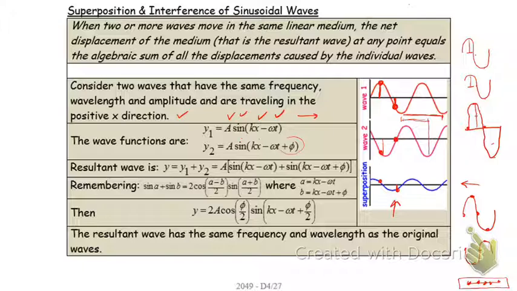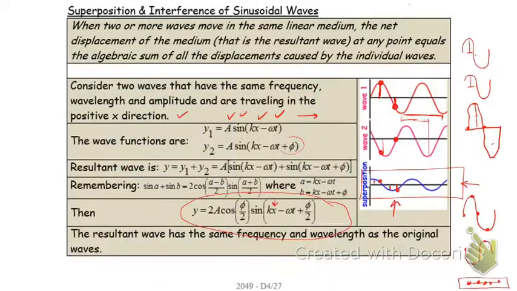You put them together, do the substitution, and you find that y, the displacement of my answer, is equal to 2a cosine of phi over 2, that's my phase difference over 2, times sine of kx minus omega t plus phi over 2. The important thing is, if you change your values of x and plot this out, you get that graph. If you want to see what the answer is mathematically, use that equation. I don't need you to remember it, I just want you to know it exists, and to get a rough idea from these diagrams.